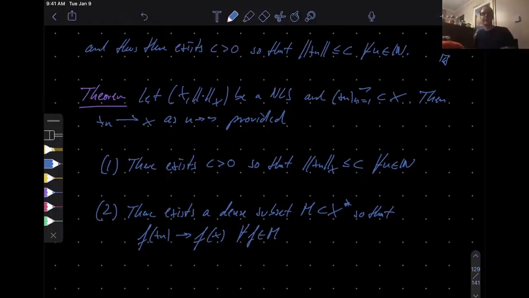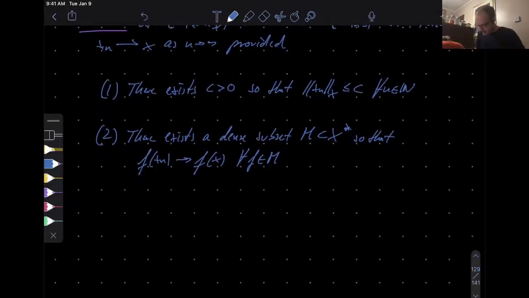So having weak convergence on a dense subset plus number 1 here, this uniform boundedness of the norms, gives you the weak convergence. Okay, it's not so surprising because you're dealing with continuous linear things, so there usually it's enough to check something on some dense subsets and then lift it to the whole thing, and that's precisely what this thing says.